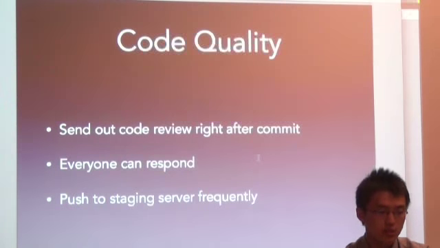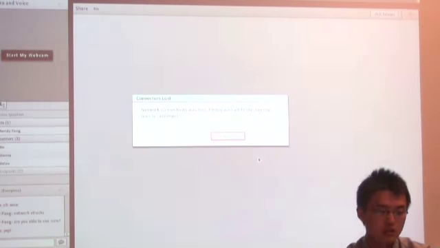In addition, we also push to the staging server frequently. Theoretically, we push to the staging server after each commit, so that everyone in the company will